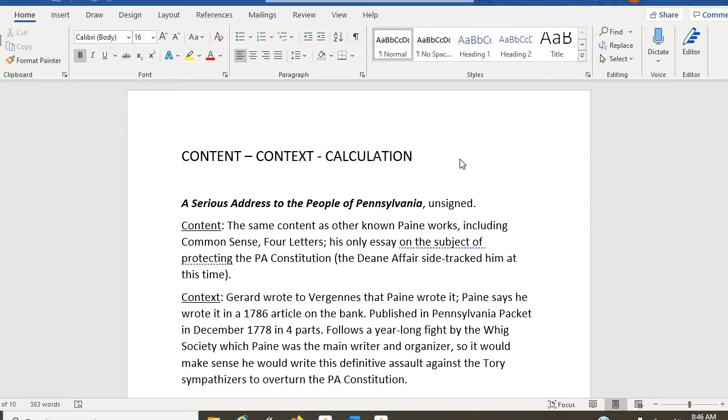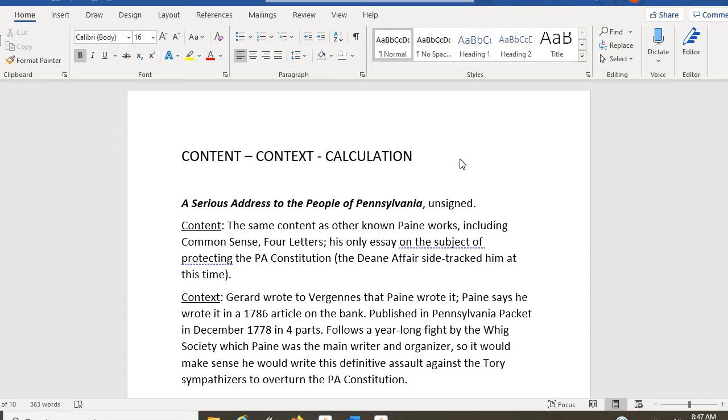And first, let me talk about the components for author attribution, and they're on the top of this page: content, context, and calculation. Each can veto the other 2. They're all important. One is not more important than the other. Certainly, calculation